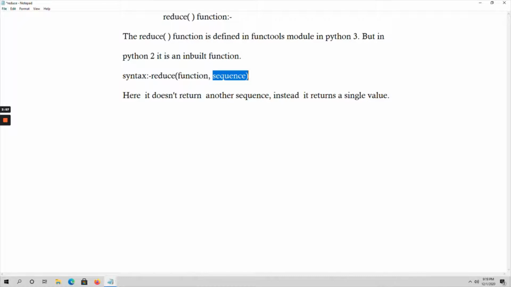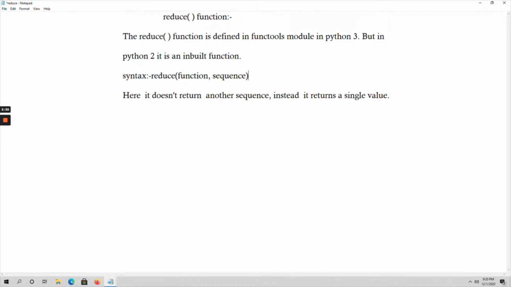And in which cases do you have to use this reduce function? Suppose I have a list of elements, and I want to perform the sum of all the elements of the list.